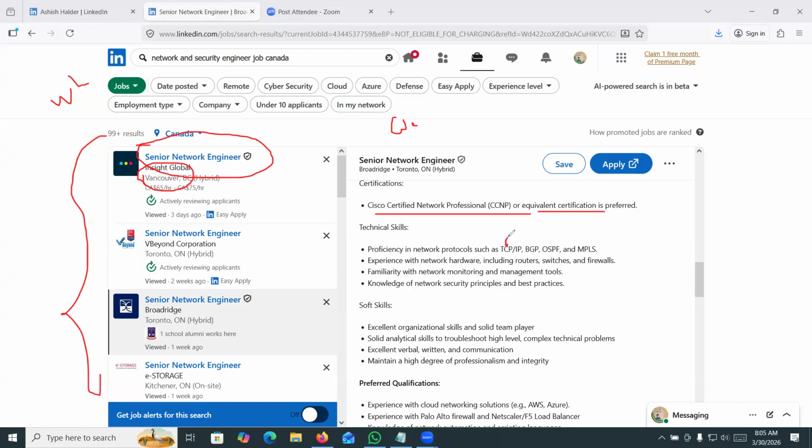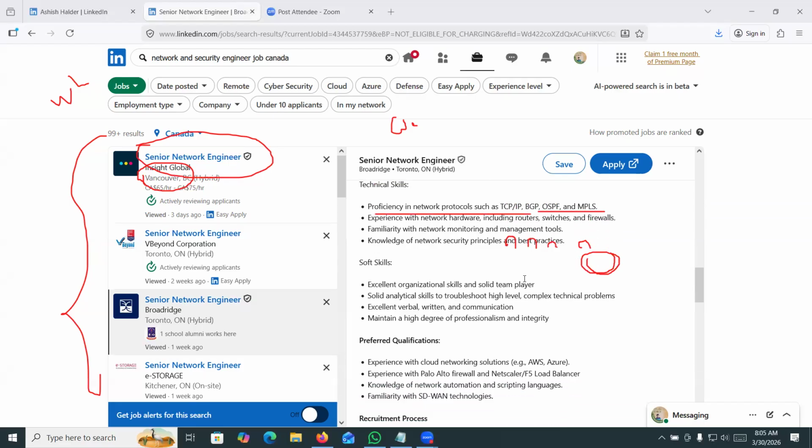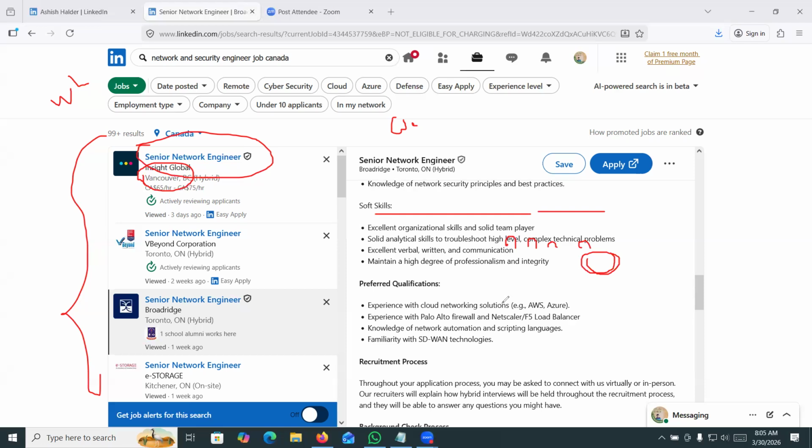You need to learn technologies like TCP/IP, BGP, OSPF, MPLS, and firewalls. Which type of firewalls? Here they want Palo Alto firewall, also cloud networking like AWS, and SD-WAN. Also, they are asking for CCNP Enterprise. So you need to search different job sites about the requirements and make a note of them.